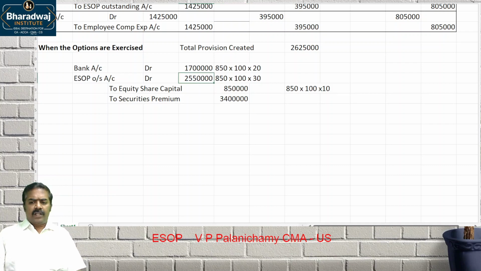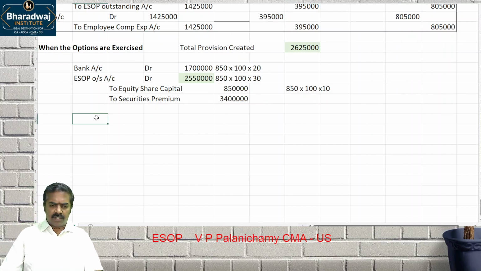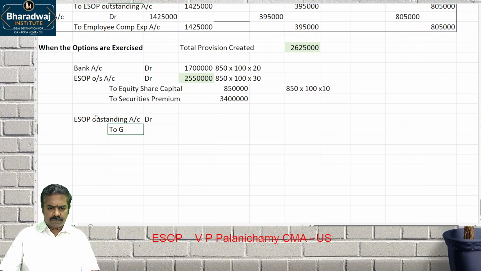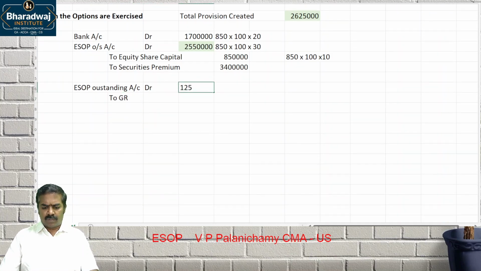So we have used only 25 lakh 50,000, but we created 26 lakhs 25,000. The lapsed options we can transfer to which account? General reserve account. ESOP outstanding account debtor. How much will you transfer? 1,25,000. 75,000. 26 lakhs 25,000 minus